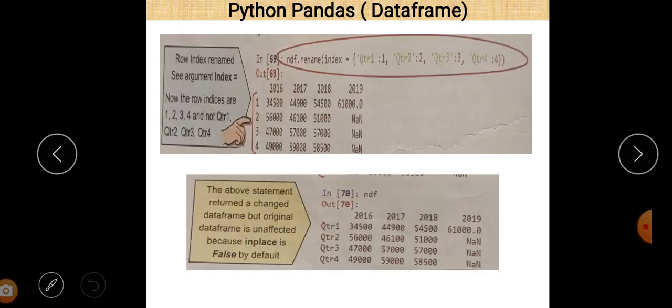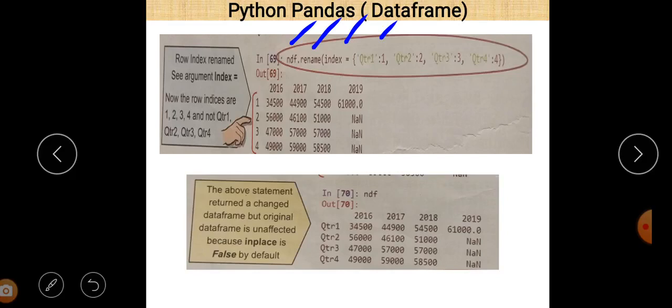Now you can easily see that we first write the name of the data frame, that is ndf, then rename, then the parameter name index, and give the parameter value: Q2R1: 1, Q2R2: 2, Q2R3: 3, Q2R4: 4.